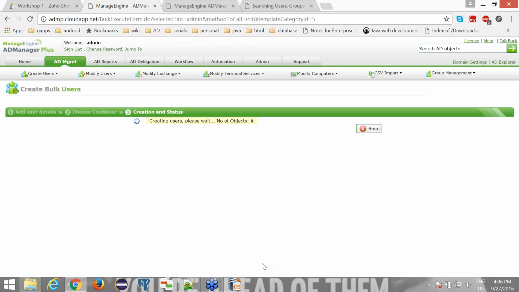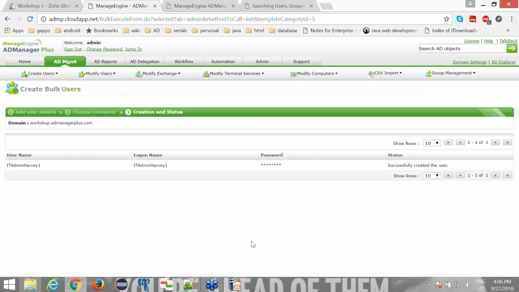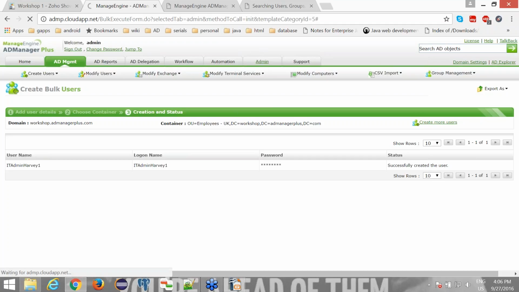So now you can see that this user account has been created in your Active Directory. Okay, so suppose that you want to set any custom attribute for your organization. Say, for example, your organization is an educational institution and you have different group codes for every course in your institution. So let me create a sample custom attribute, for which you need to go to the admin tab